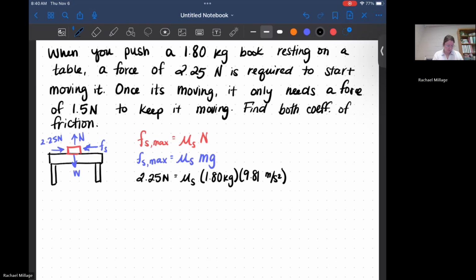When I do that in my calculator, I'm going to do the 1.8 times 9.81. That gives me mu sub s times